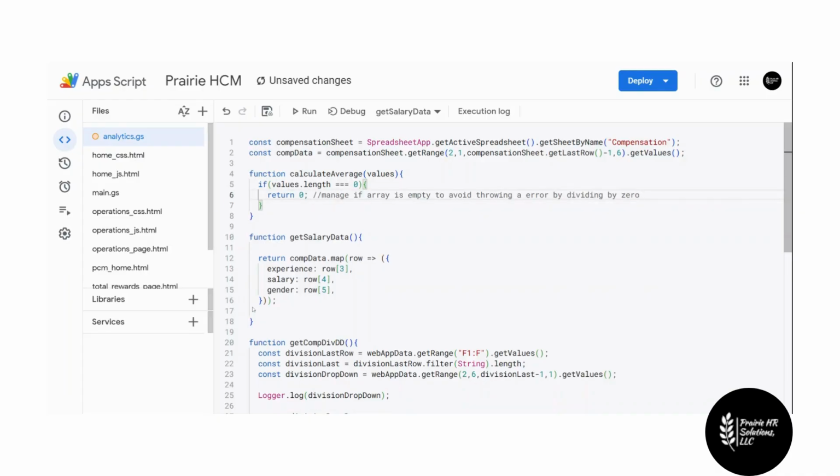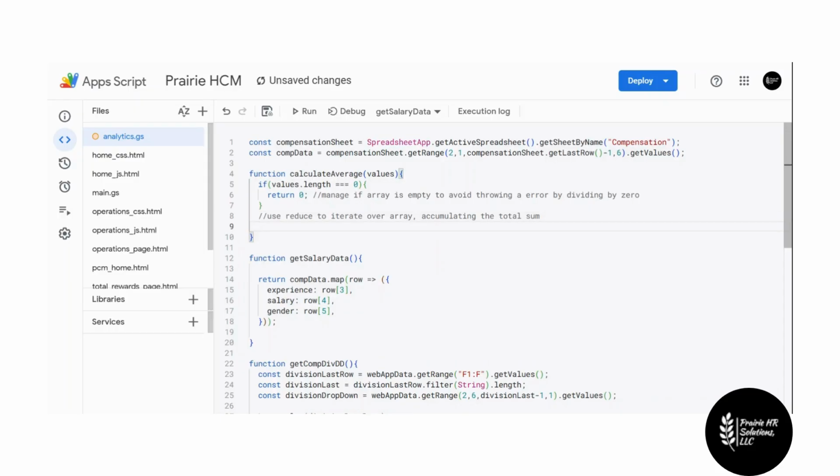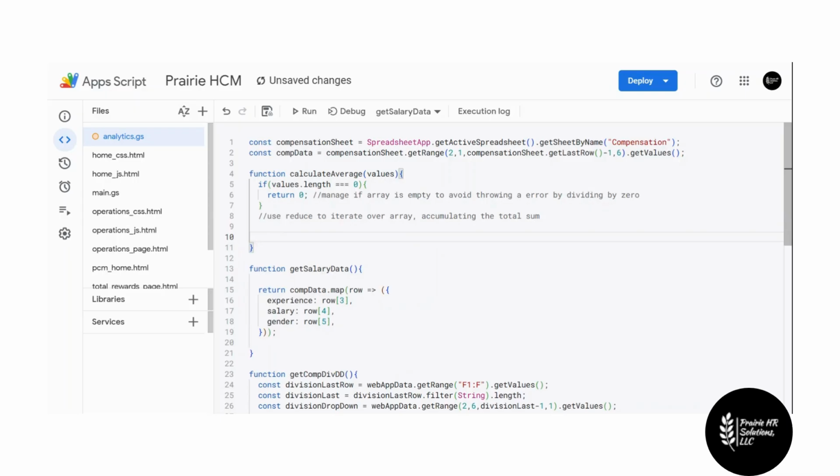So now let's get into our reduce, our actual calculation. So I'll create a comment here. We'll say use reduce to iterate over array accumulating the total sum. And what we're going to do here is create that variable, create that sum. We need a variable to store all of these